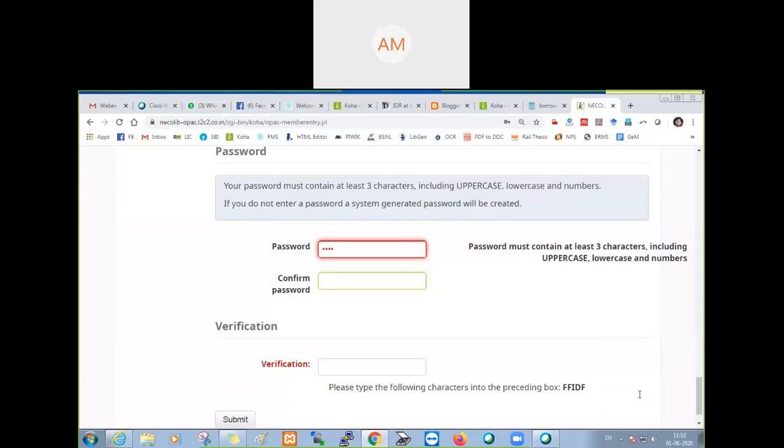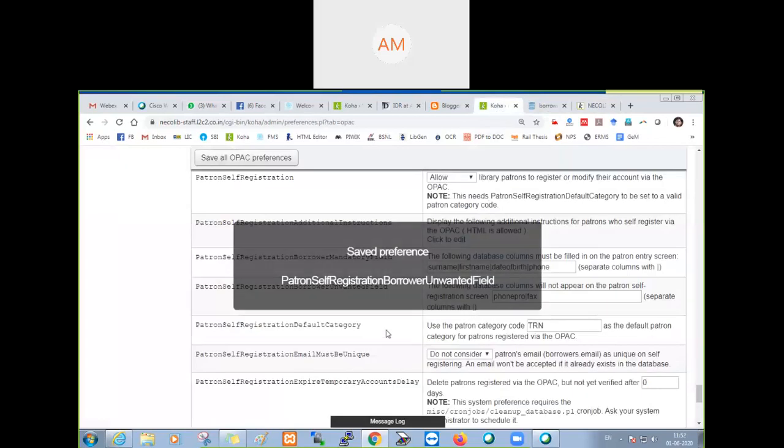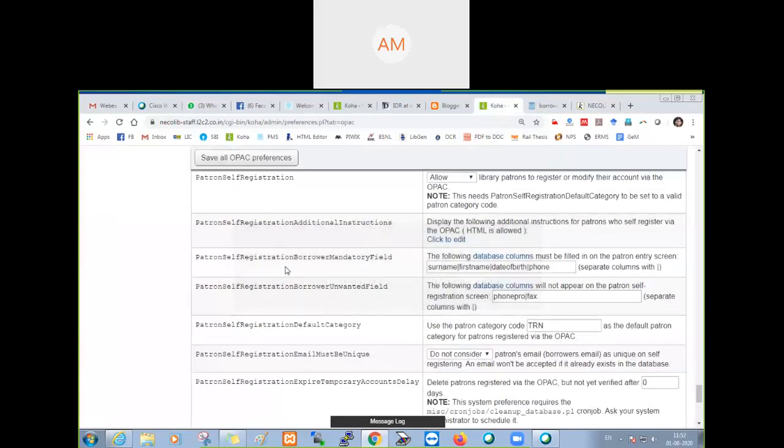Can we remove all fields in one go? Yes, I have removed two fields in one go. From where are we copying the fields? Can you show it, please? Yes, no problem. You just go to the patron self-registration or patron unwanted field. Here you find the database column.